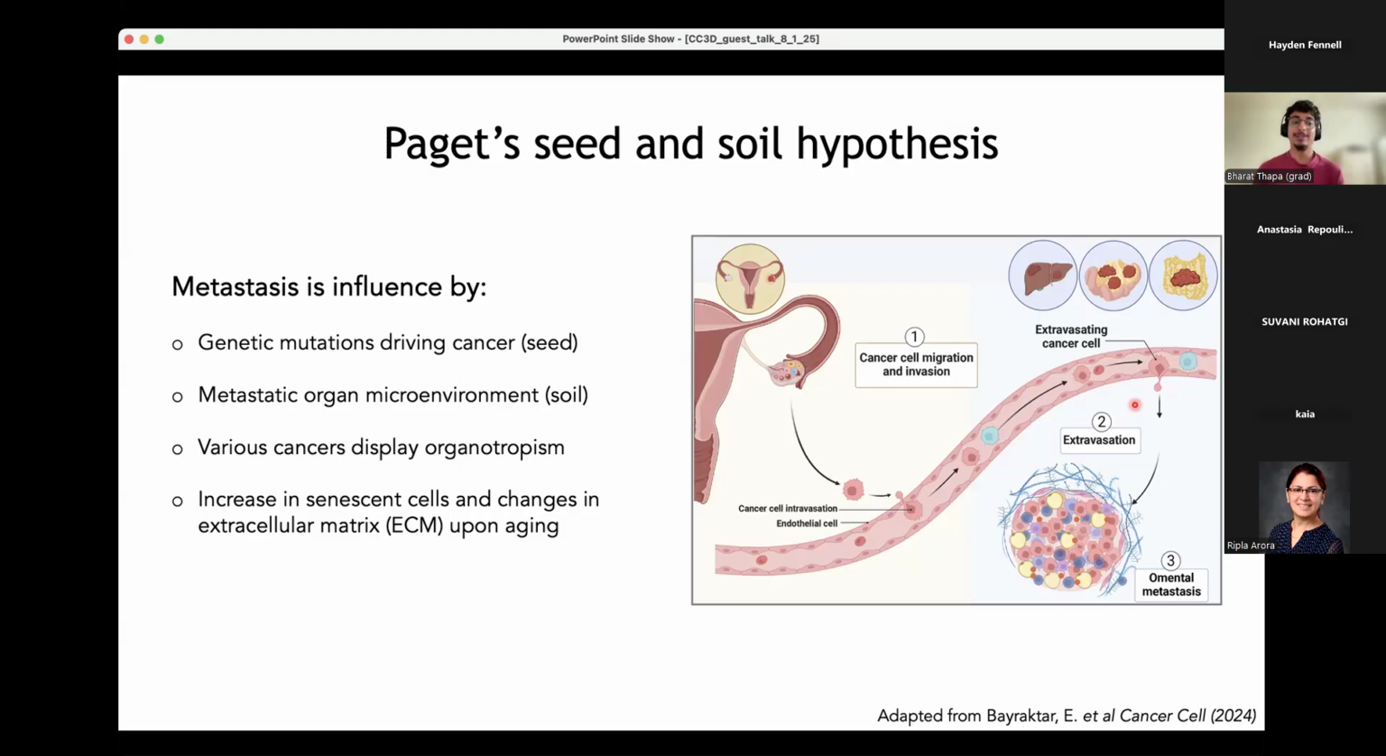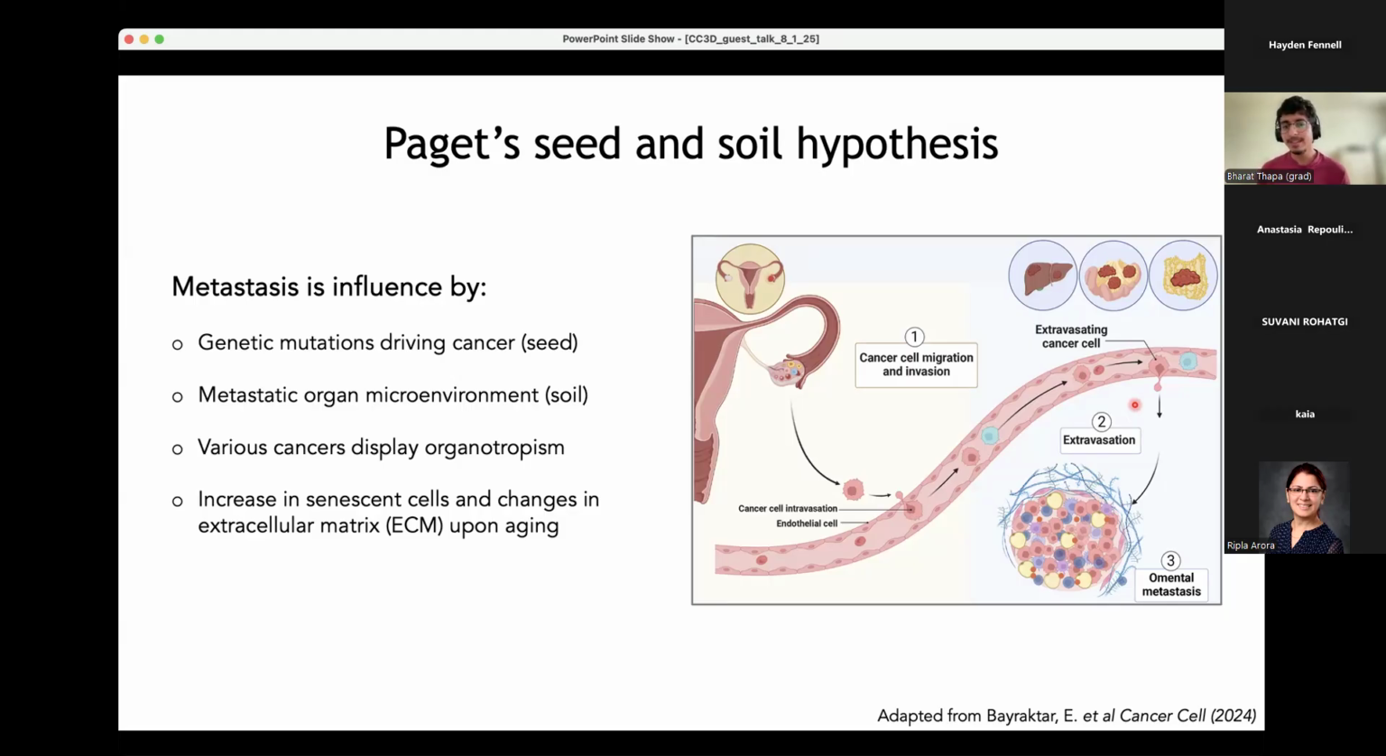Now, when you look at all the research that has been done in the cancer field, you see that so many kinds of cancers have this organotropism. Ovarian cancer, as I said, primarily metastasizes to the peritoneum or to the omentum. Breast cancer generally localizes to the lungs, and so on. So this suggests that there's a soil part, which is basically the tissue where the cancer can metastasize, and what the environment looks like there determines